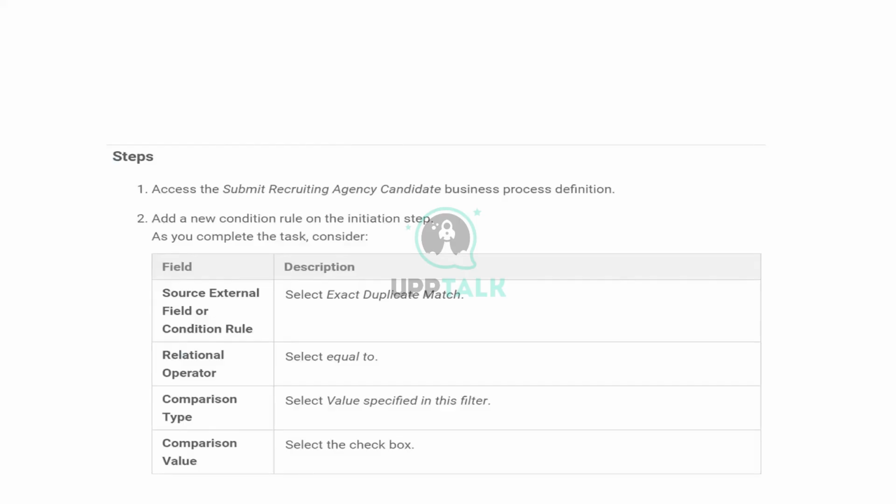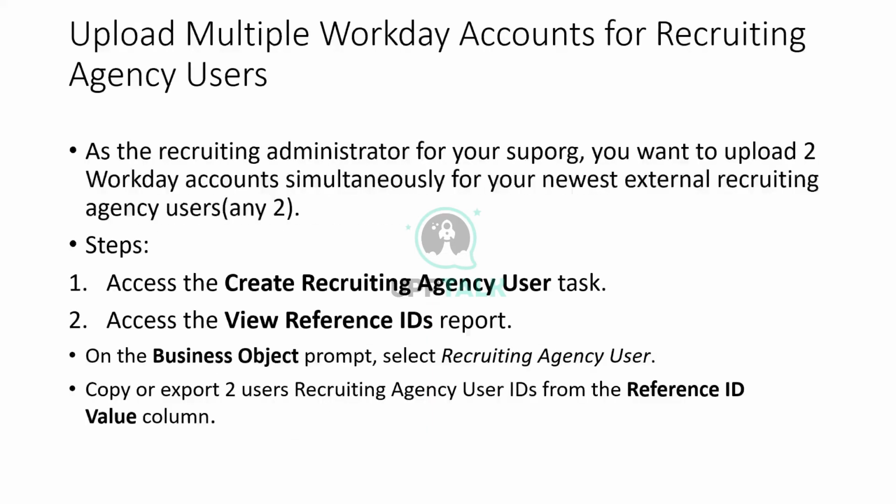Like this could be a kind of notification which is being sent. There could also be a condition rule, which would be set on any of the steps of Submit Recruiting Agency, that we have a duplicate, so please don't go further. Then here's an activity which you can do